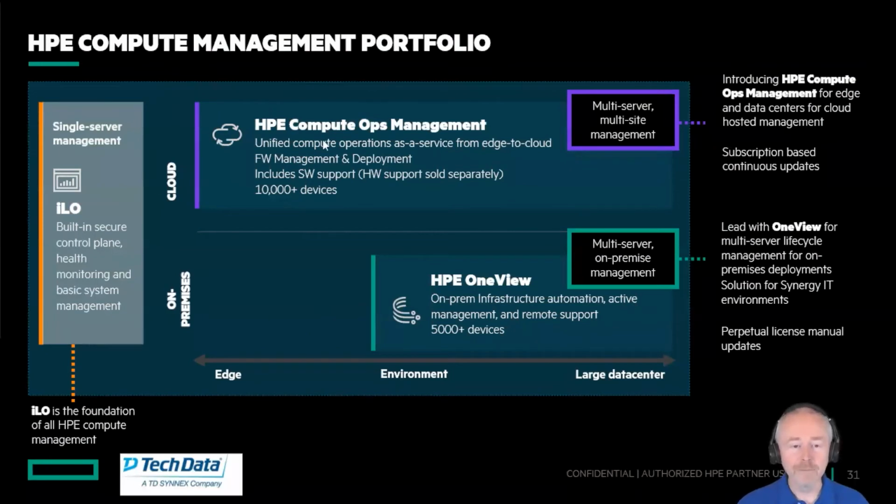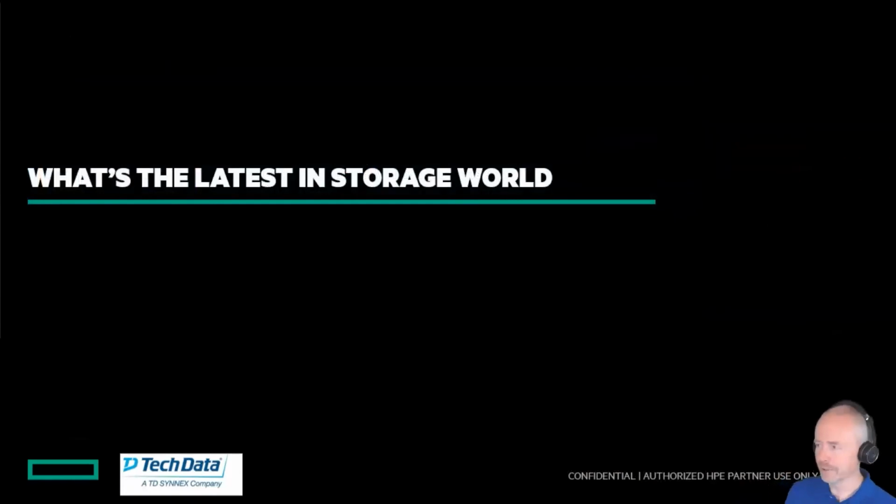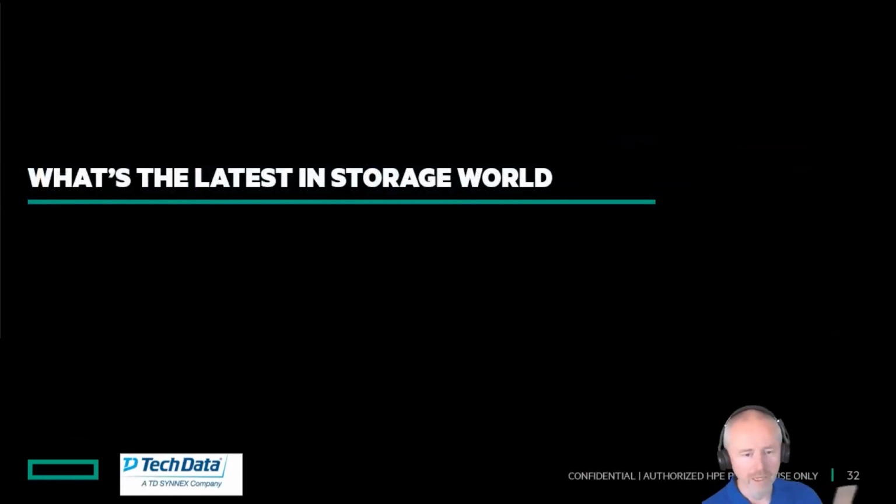And as you can see, depending on where you have your systems, you will see that COM, multi-server, multi-site management. Okay, so I hope it is clear, and it's up to you to decide which tools that you're going to use. Okay, now don't worry, I'm going to show you. But before we're going to do that really quickly,